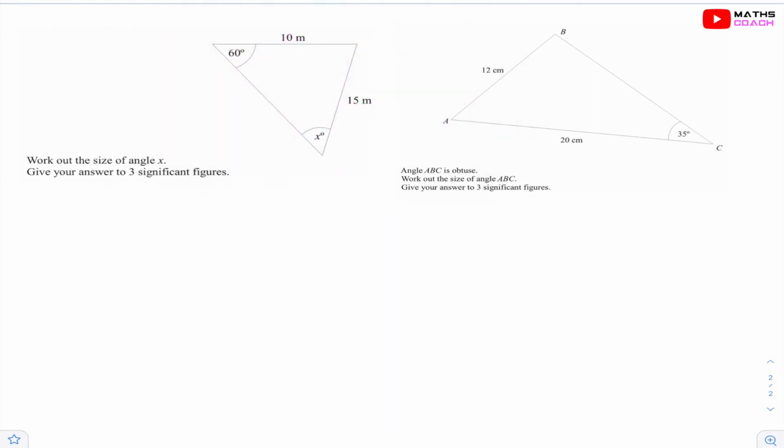So this is the angle that we are looking for, and we've got the opposite side, which is great. And then this angle is given to us, and we match it with its opposite side, which is given. So we can apply our sine rule here. So once again, let's put the 10 on the top. So 10 over sine x, because we are looking for the angle this time, which is an x, is equal to 15 over